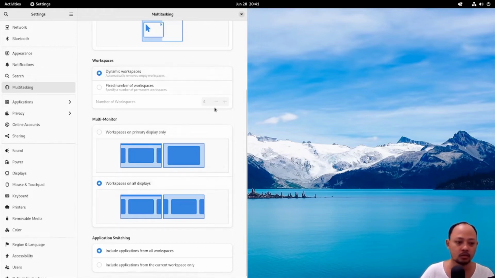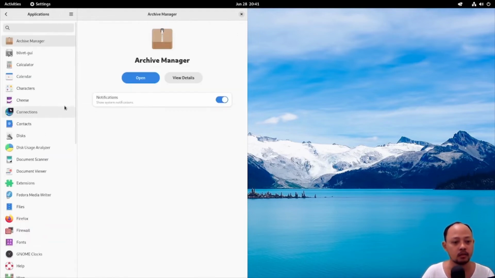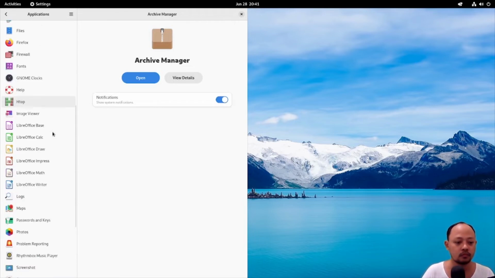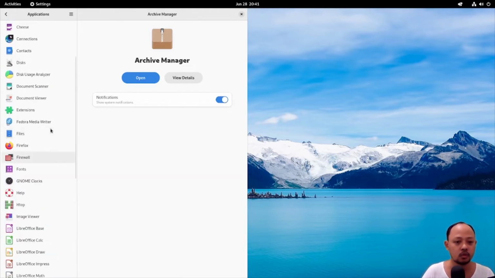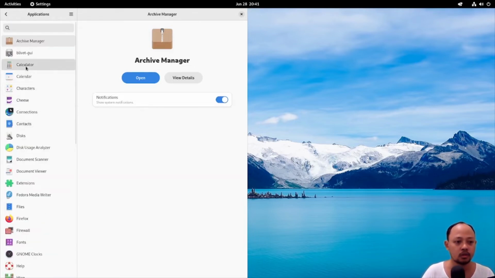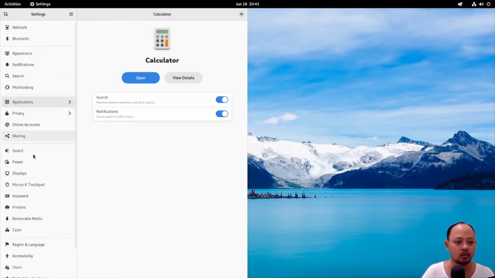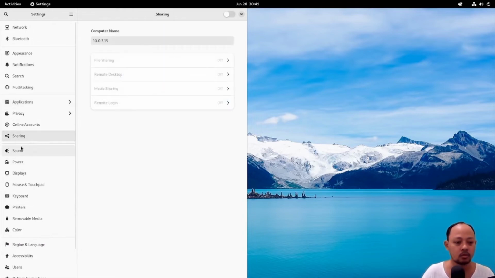Okay, I think that's all in this multitasking part. And then the applications. Okay. And then after that I will go to the sharing part. I will turn it on.